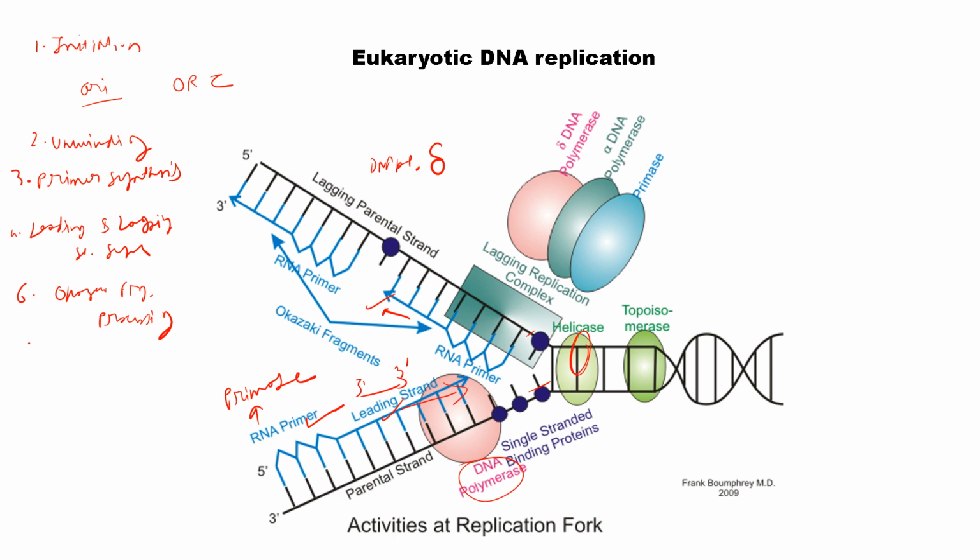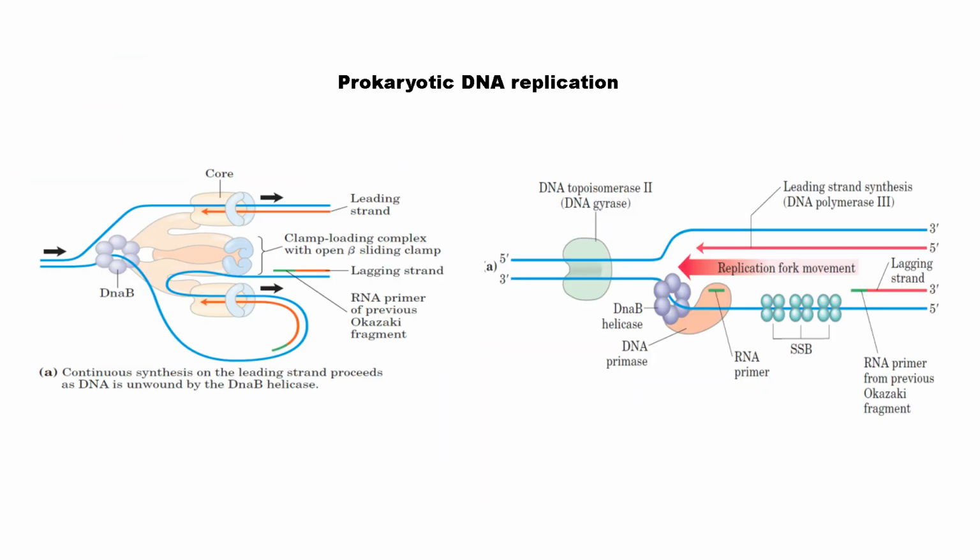Then finally, the next step, termination. DNA replication terminates when the replication forks from neighboring origins meet and fuse, or when they encounter a specific termination sequence on the DNA. The newly synthesized DNA is packaged into chromatin with the help of histone proteins and other chromatin remodeling factors. Okay, next,